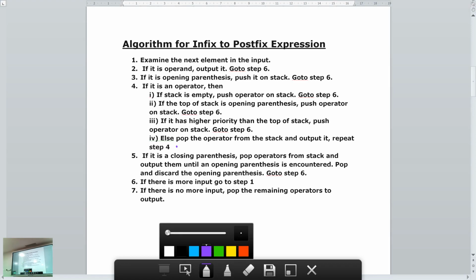So this is your algorithm for converting an infix expression to postfix expression using stacks. These are the same steps that we had seen in the flowchart. So let's take one example and quickly see what is to be done here.